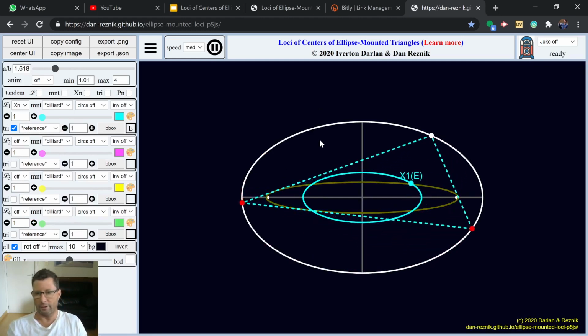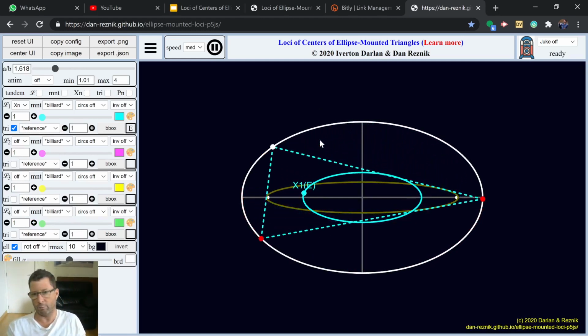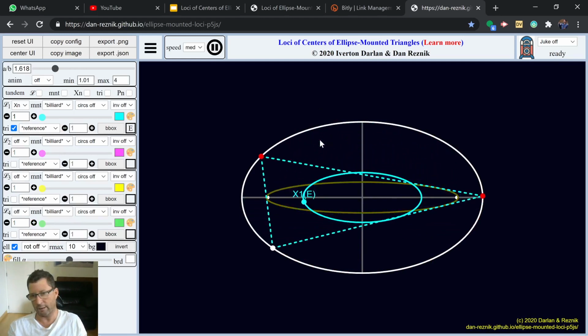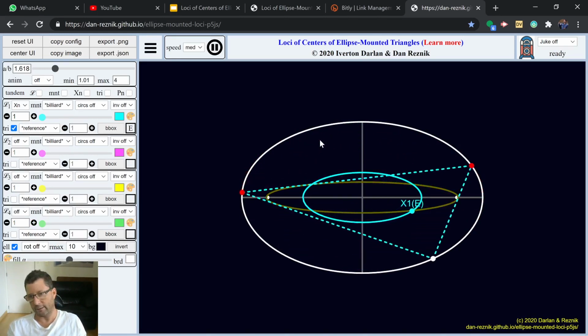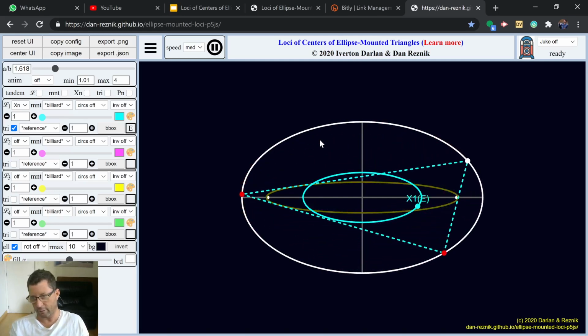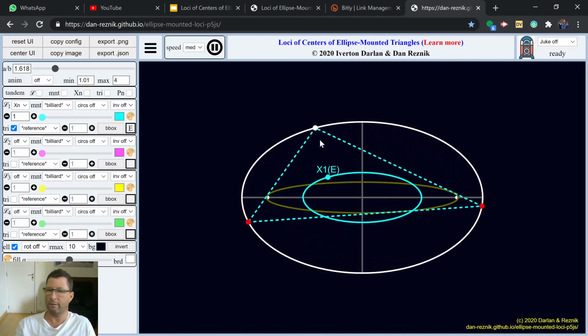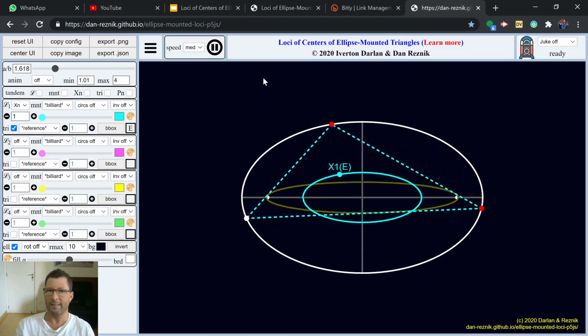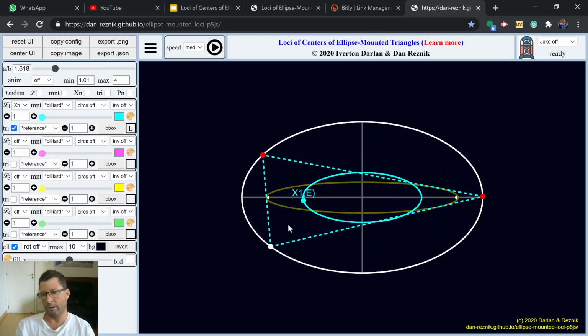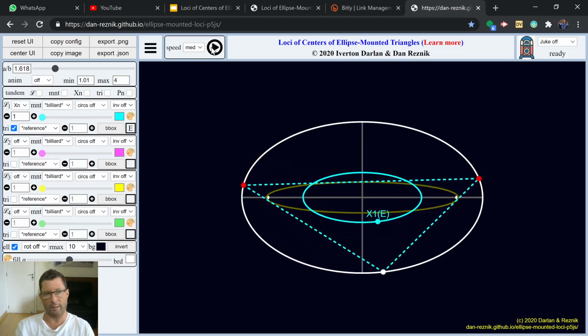the subject of my first video was to explain a little bit what was going on when you look at the family of 3 periodics in the elliptic billiard, this family of dashed triangles. And we could investigate the loci of, for example, the in-center, which is the intersection of the bisectors of each one of these vertices. Since this is an elliptic billiard orbit, the bisectors coincide with the normal to the ellipse at every vertex. So the locus of the in-center is an ellipse as well,